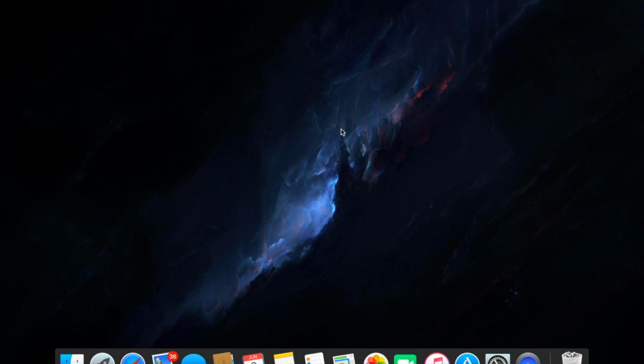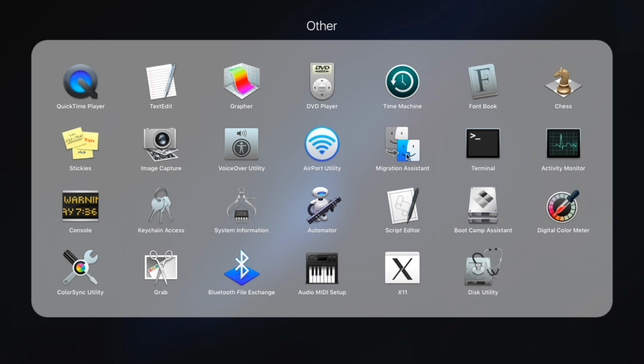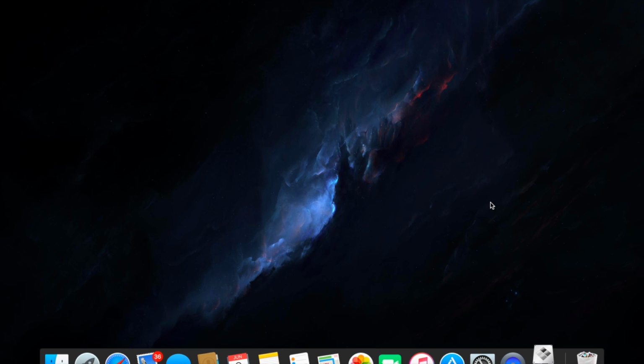Also, if you need to run an app on Mac that for whatever reason nowadays doesn't run on Mac, you can actually run Windows on a Mac. I know a lot of people know this, but a lot of people don't. So if you were to go to your Launchpad, which is where you find all your apps, by the way, and you go into Other, that's where it is by default, and you go to Boot Camp, this will help you set up